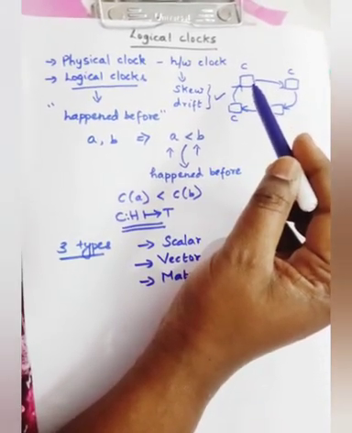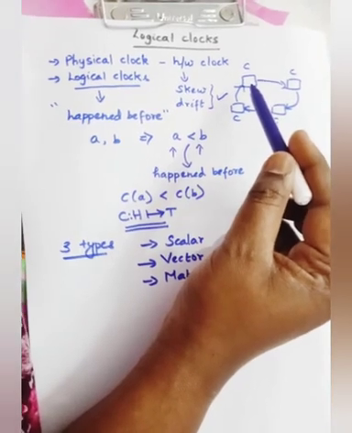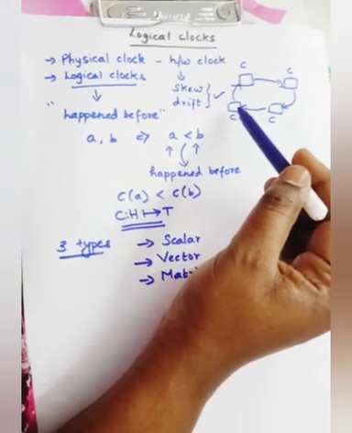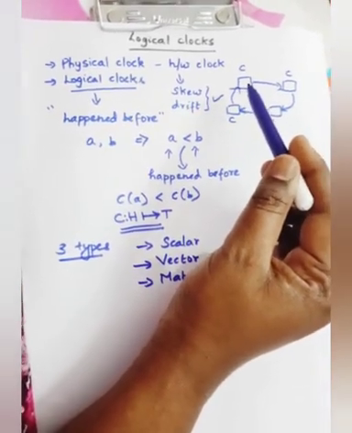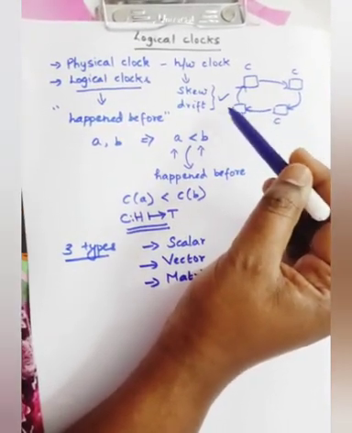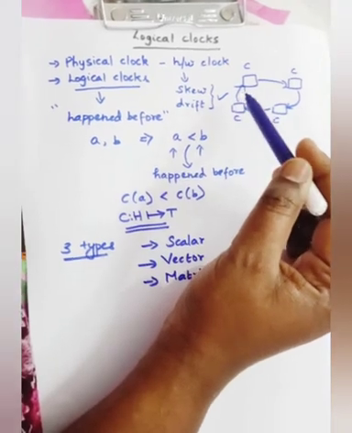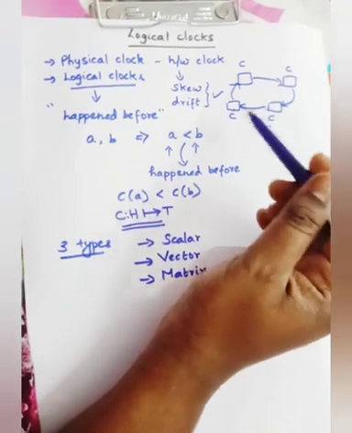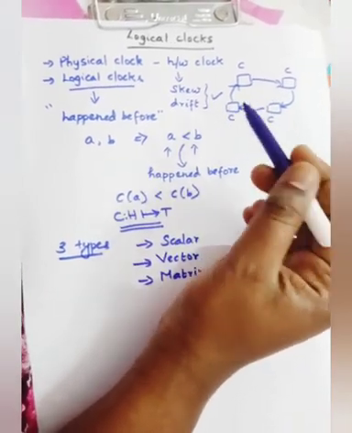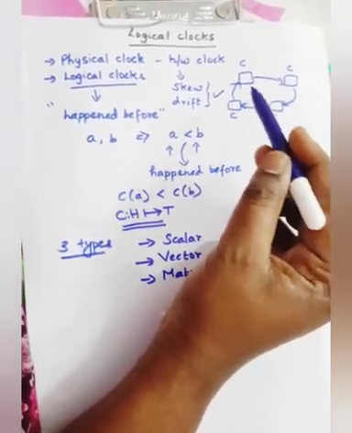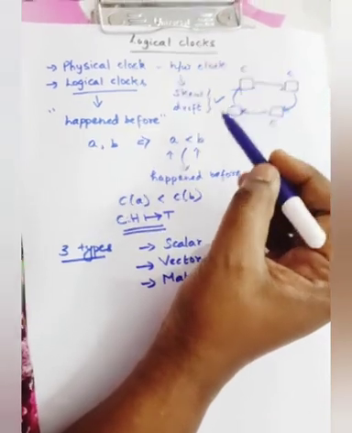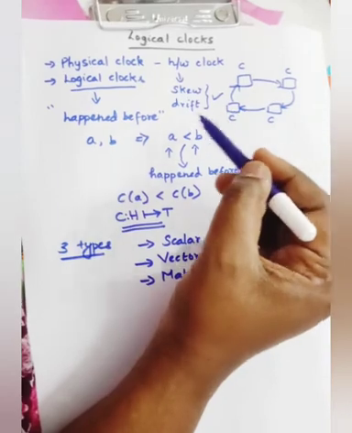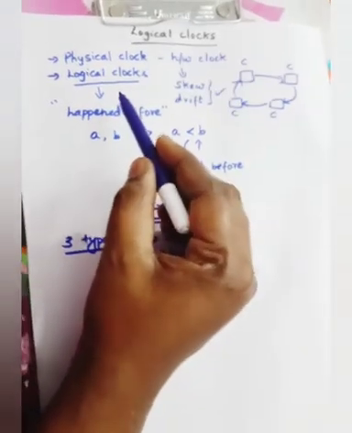For example, in one machine it is 12 hours, and in another machine it will be 12 hours 2 seconds. So there will be variation of clock. Similarly, there will be variation of frequency, in which the clock rate changes. So there will be a difference in timing between machines, because of which the coordination will not be effective. In order to avoid this, logical clocks were introduced.